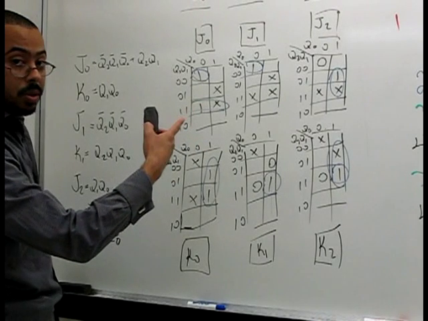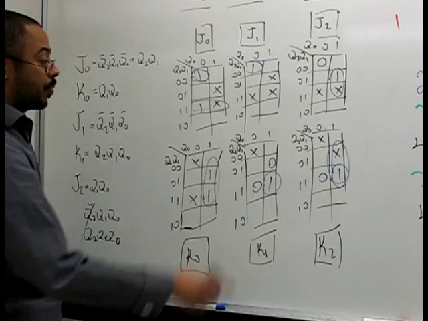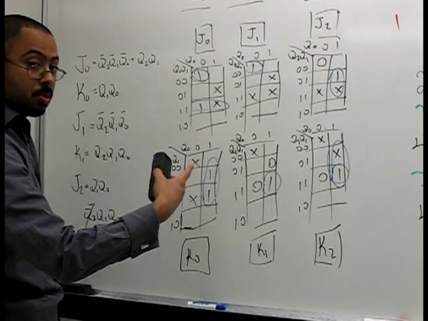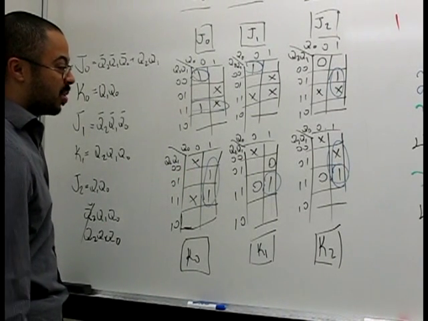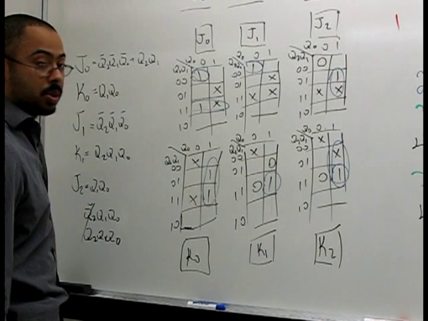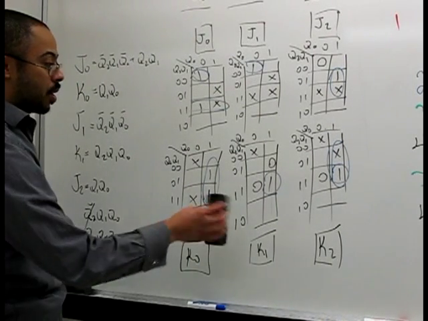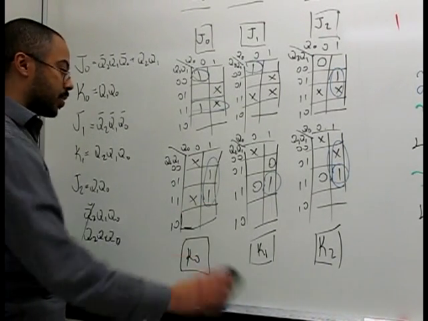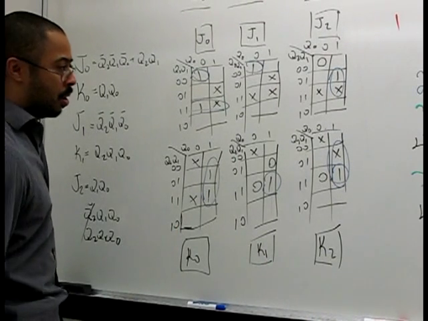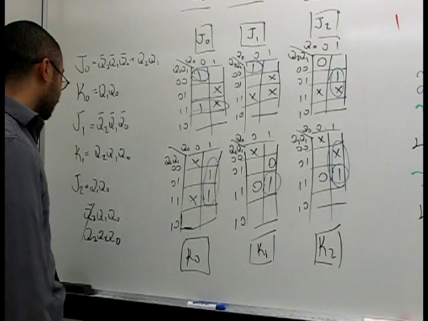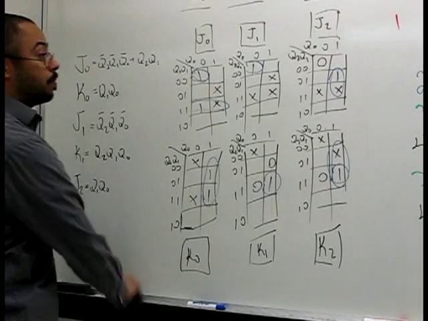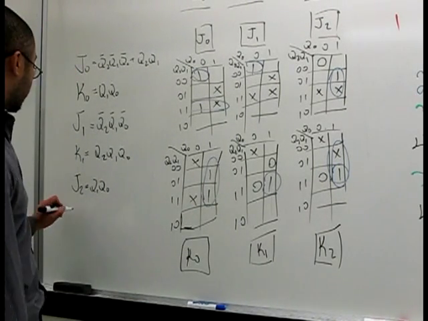Since I'm only circling the ones, I'm going to get sum of product expressions. That's why they're AND gates and not OR gates. If I circled the zeros, then I'd get product of sum expressions. So you can go either way. I like the sum of products. It's just what I got used to. So that's what I do. Simplify, and then finally K2